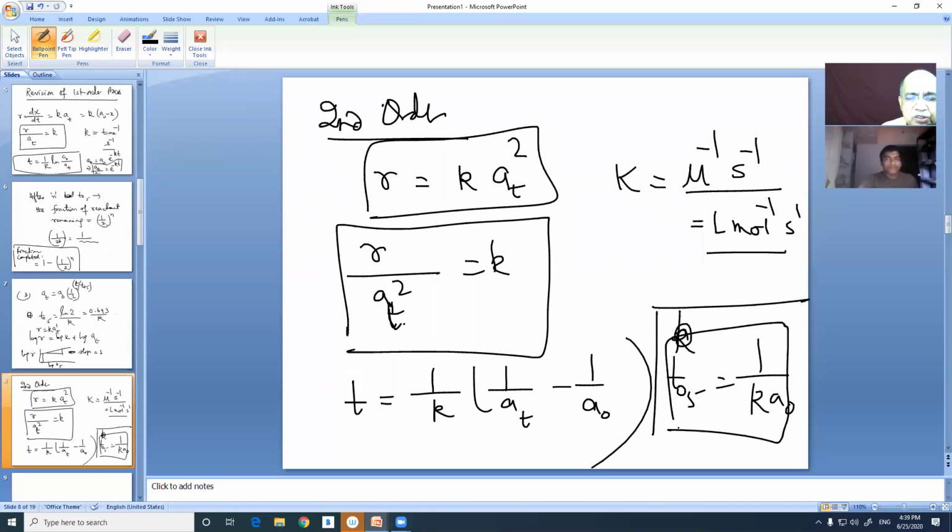Initial, because the first 50% takes t half, the second 50%, the new half-life period will be double. So 2 initial half-life periods, altogether 3. Now 75% complete. And for 25 to 12.5, double of 2 t half means 4 t half is required for having only 12.5% remaining. So altogether 87.5% conversion will demand 7 initial half-life periods, but for first order only 3 half-life periods, since the half-life period remains constant.